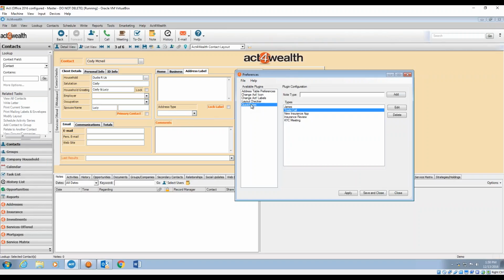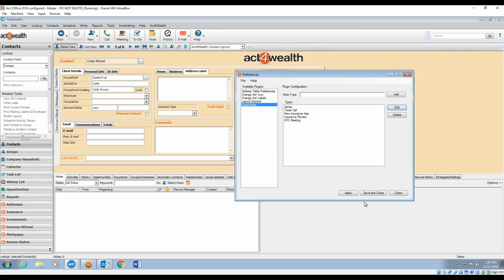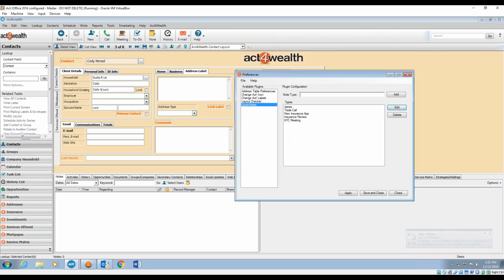The last piece we have in here is the quick notes. A lot of the things that you do over the course of a day is repetitive for a lot of businesses, and this can be used in any business. Again, we're just showcasing the Act for Wealth product here. But you can go in and create all of the different items that you need to do when a trade call comes in for a financial advisor. You can have a new insurance application where you need to follow all of these steps and get all of this information before you go to a client's home to do your meetings. Once you've created all of these quick notes, you can have as many as you want, and as many lines in this section as possible. As you're going along, you can just type and it just keeps adding new lines into your quick note for you. So to show you how this works,